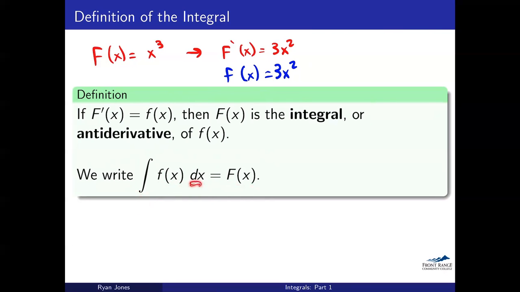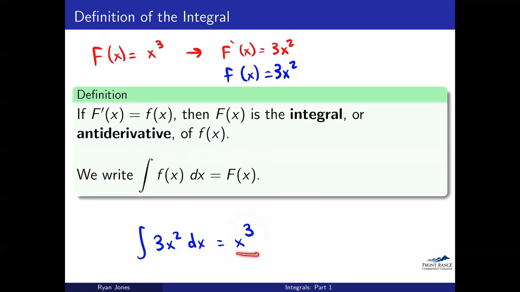Now, I have not explained at all what this dx is or really what this integral sign means or anything like that. Don't worry about that. This is just notation. But basically, when you see something like this, that's just telling you that the integral of this function is this function right here. So what I might write is the integral of 3x squared dx is equal to x cubed. And what we're seeing here is, let's go backwards with it. Hey, x cubed, if I take a derivative of that, guess what I get? 3x squared. So that means that if I take 3x squared and I take an integral of it,